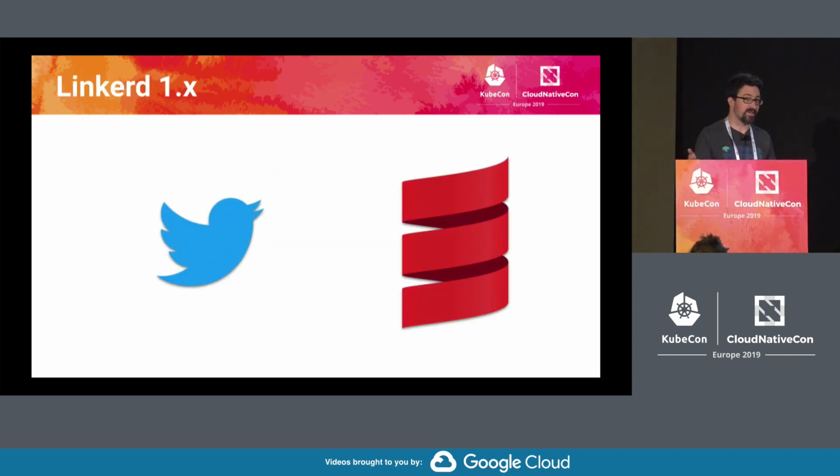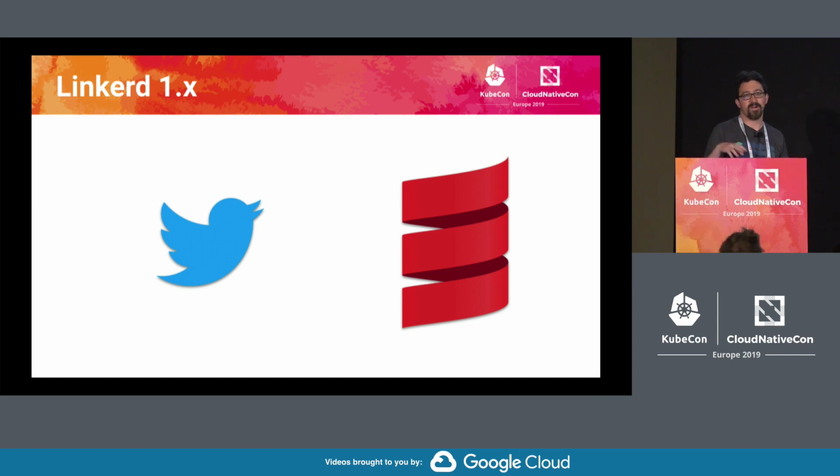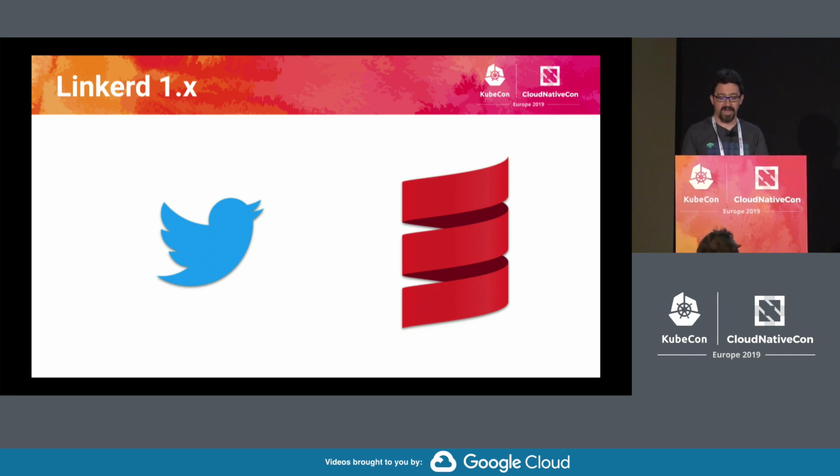So the origins of Linkerd actually go back almost 10 years. The company I work for, Buoyant, is composed mostly of former Twitter engineers. The libraries that Linkerd 1 was built around were built at Twitter when we were decomposing the largest Rails app on the planet into a bunch of microservices. And there was a need for uniform observability, reliability, and security. That's why Linkerd 1 ended up being written in Scala,